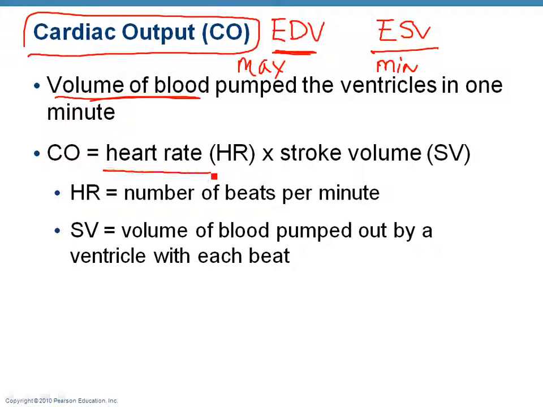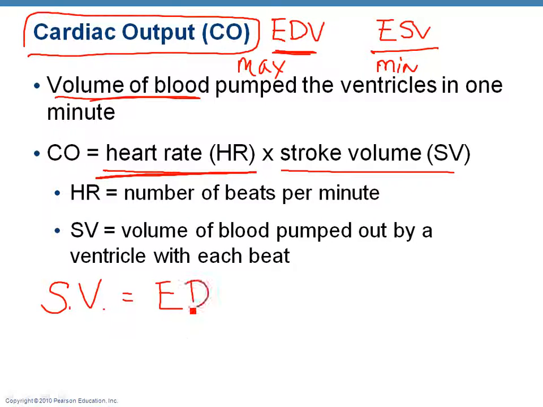It's your heart rate, your number of beats per minute, or HR, times your stroke volume. What is your stroke volume? All a stroke volume is, is that volume of blood that is pumped out of your ventricles with each heartbeat. Okay? And then how would we calculate this stroke volume? It would actually be